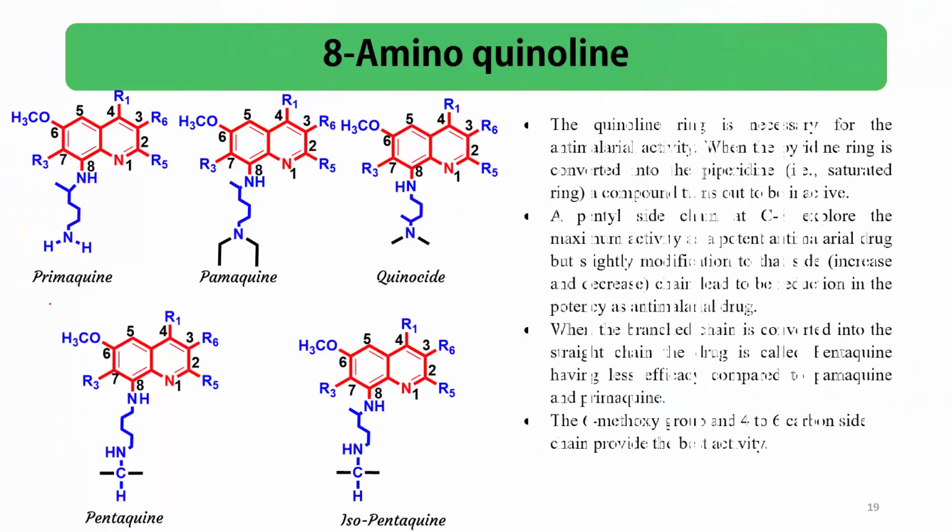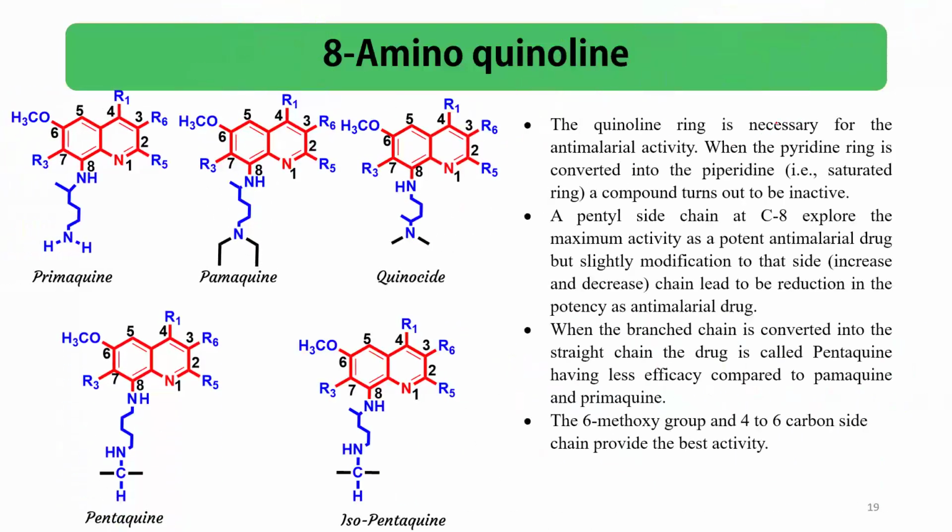In the next slide, we will take a more detailed look at the same drug and a few more points. The quinoline ring is necessary for the antimalarial activity. When the pyridine ring is converted into the piperidine ring, the compound turns inactive. So what is the pyridine ring, and what is piperidine? Here is the pyridine ring, and when it is converted into a piperidine ring, it will